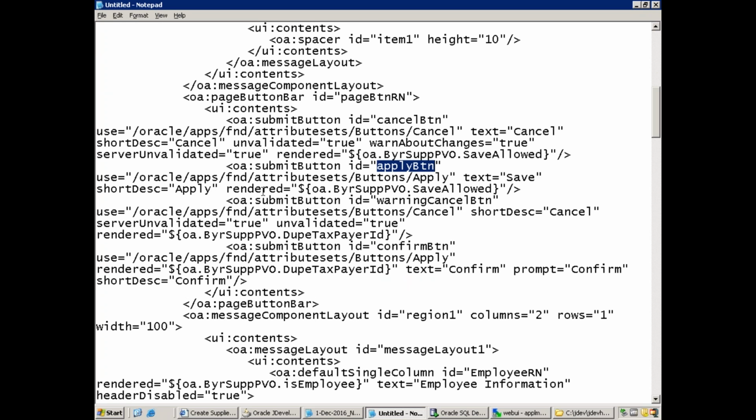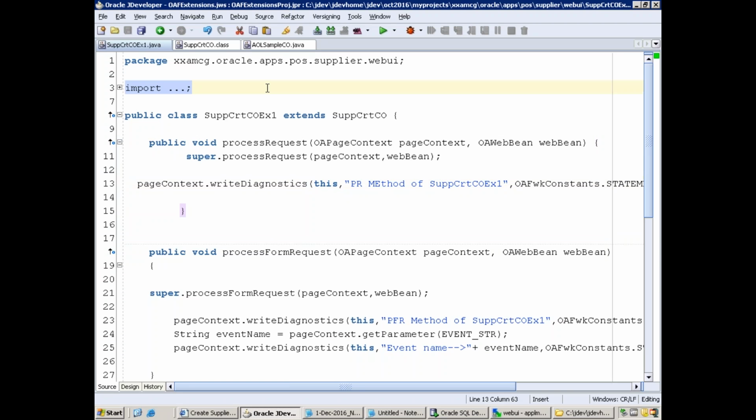That is a button ID. Yes, this is a button ID. So now we know what the button ID is. So I'll go to my CO, and here the other thing is if you're trying to modify the existing CO,